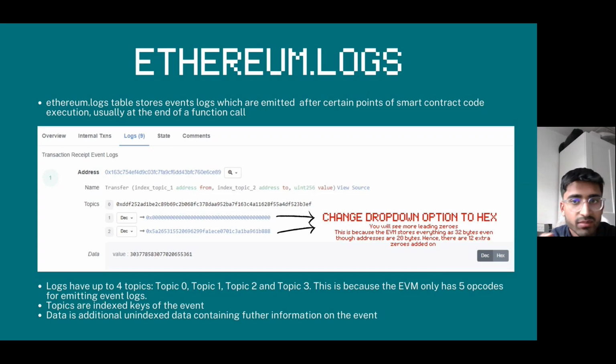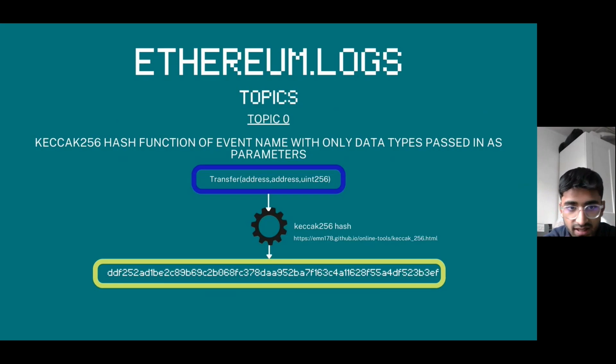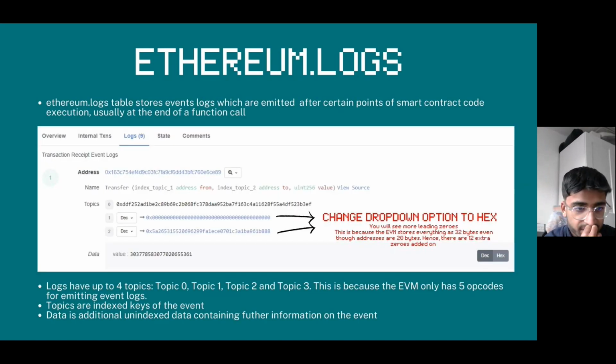Well, technically 3, because the first topic is actually the hash of the function with only the data types of the parameters passed. So you have the transfer function, and normally you have transfer to, from, value, right? But to and from are of the address type, and value is of a uint256 type. And so that exact thing in the blue box is hashed, and it produces what's in the yellow box, and that'll normally be your topic 0. So going back to this, a coder has the option to index 3 topics, which basically means